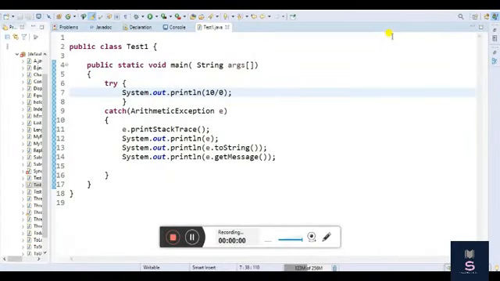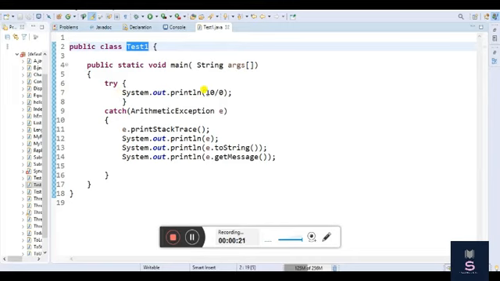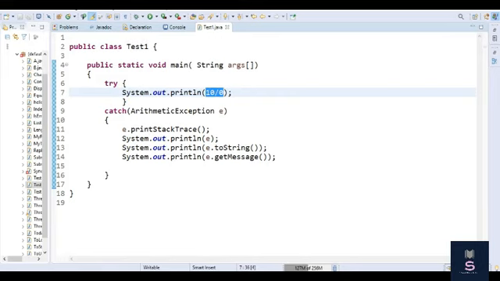Let's consider the practical example. We have already discussed it theoretically. So right now, check the code and what will be the output. I have taken the class name Test1, and within the public static void main I have given a System.out.println, and it will calculate divide by 0. So definitely it will give an arithmetic exception. That's why within the try block I have given this sensitive code, or we can say risky code.